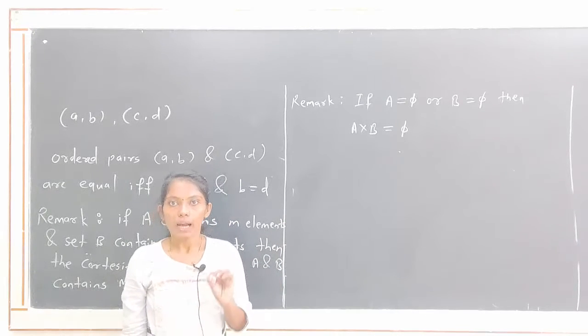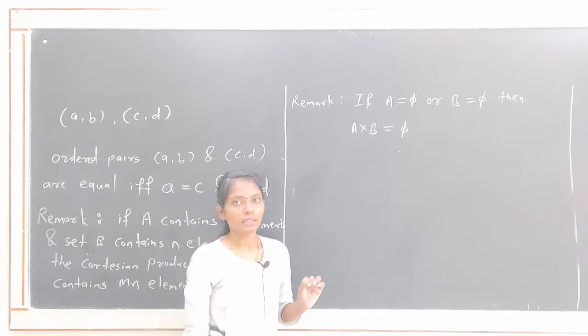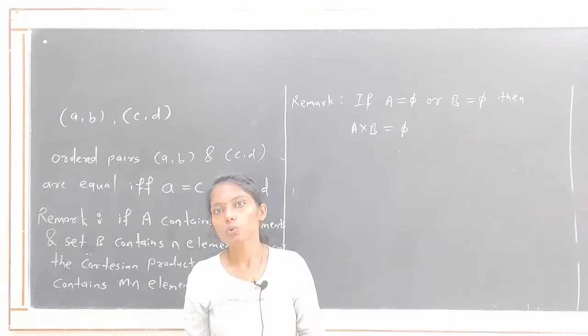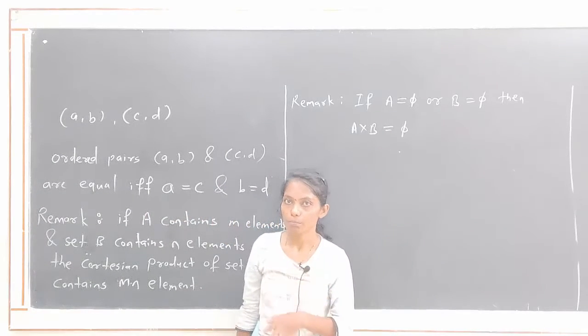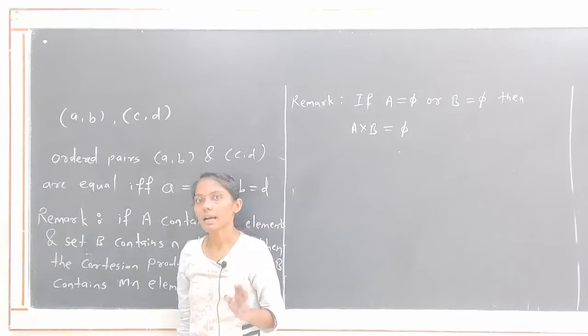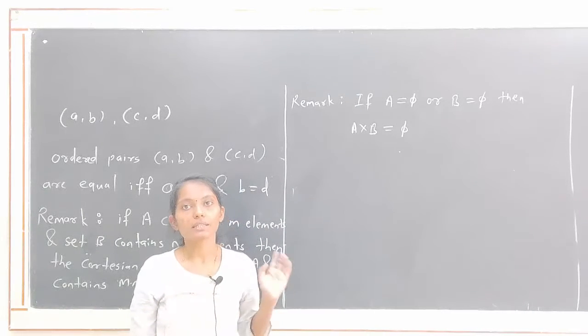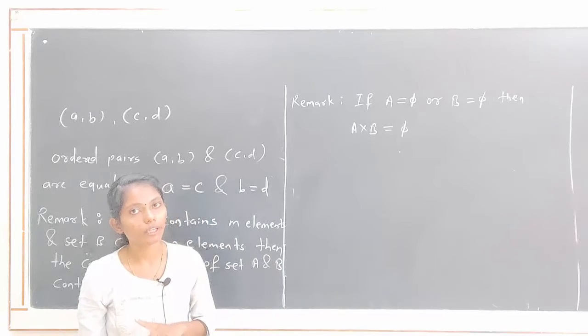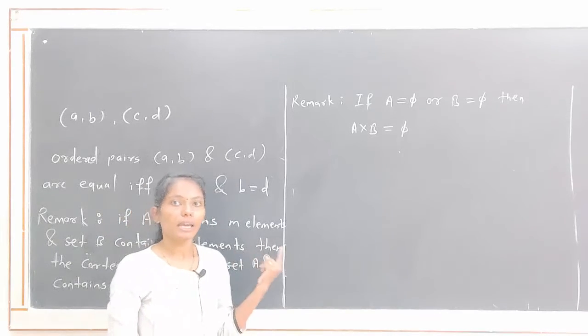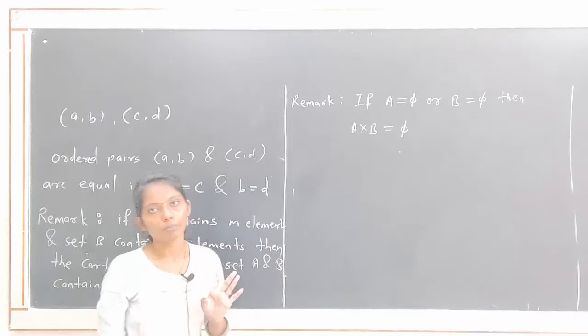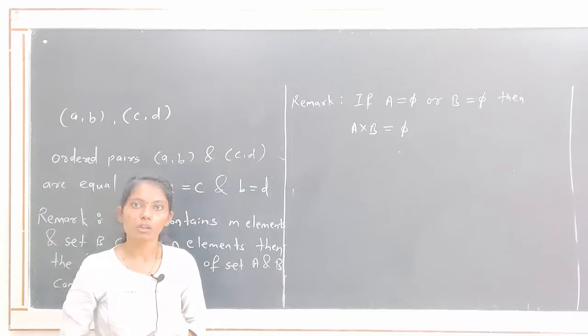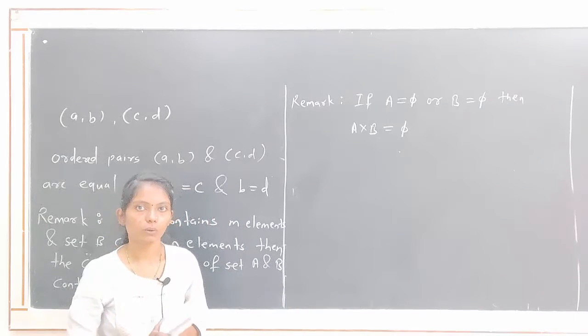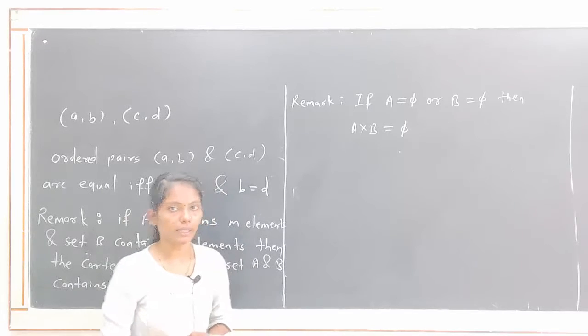Cartesian product of set, that is, if we consider two sets A and B, then the Cartesian product of A and B is the set of all ordered pairs (a, b) with a belongs to A and b belongs to B. So all of you get it this? Okay. Now next point, relation.